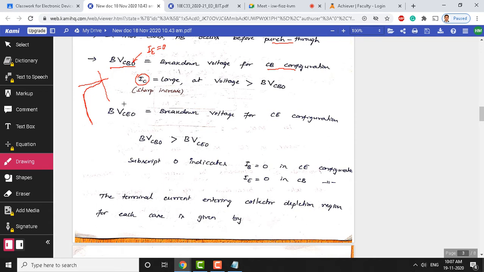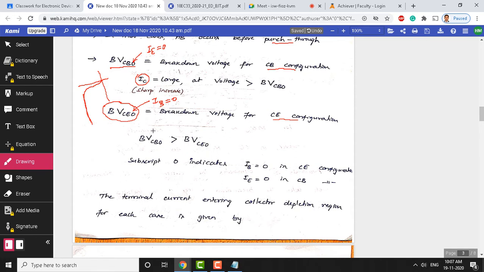Now, let us define another breakdown voltage applicable in the common emitter configuration. We have different breakdown voltage definitions for different configurations. Here we defined the breakdown voltage for the common base configuration, and next we are defining it for the common emitter configuration. This is the breakdown voltage B times VCEO, and here the open circuit applies to the base. To measure VCEO, you must open circuit the base terminal. The total product of B into VCEO is called the breakdown voltage in the common emitter configuration.